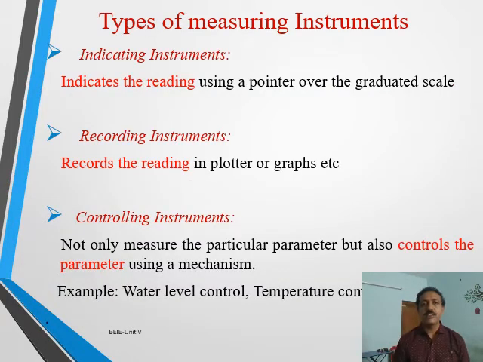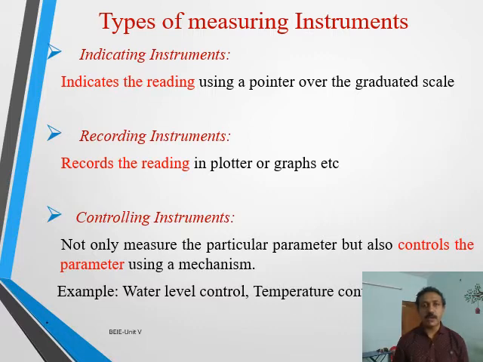Next, types of measuring instruments. Indicating instruments. In some instruments, they indicate the reading only by using a pointer over the graduated scale. Some instruments are called recording instruments. They not only indicate the reading but also record the reading in a graph sheet or by means of